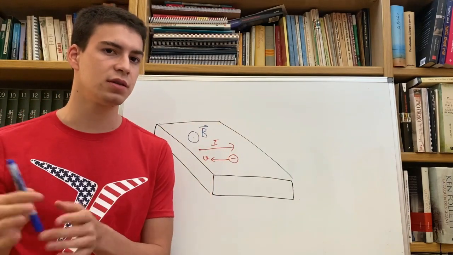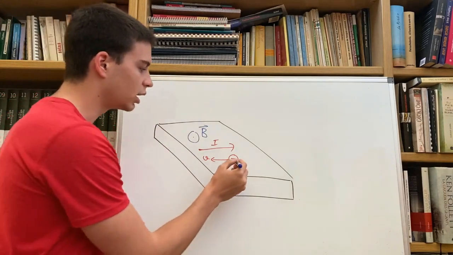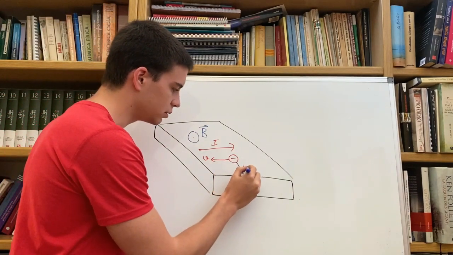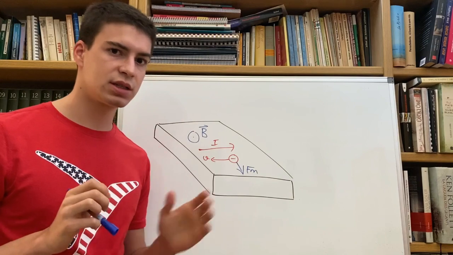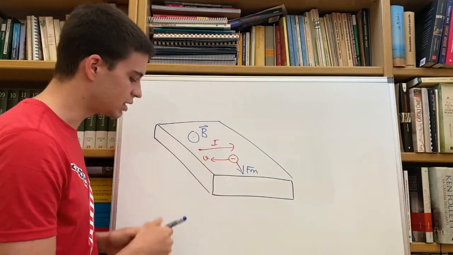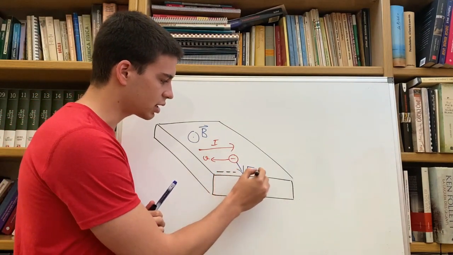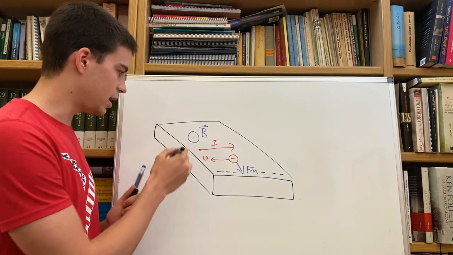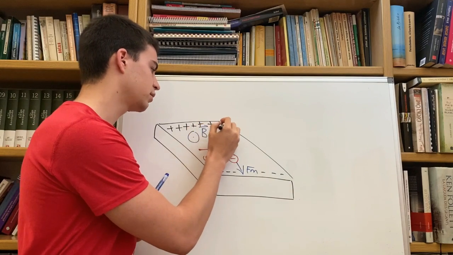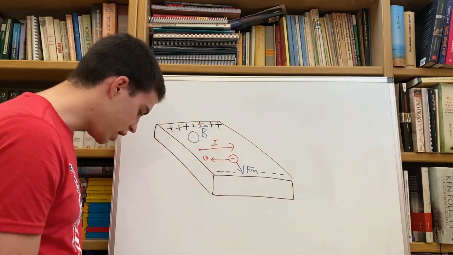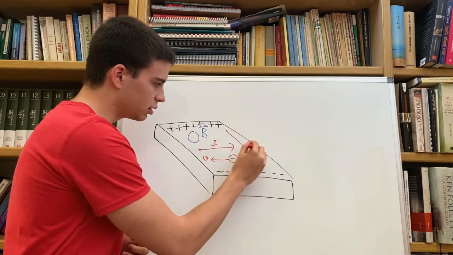However, we still need to consider that we're studying a negative particle, and this will actually change the sign of the force, making it towards this other direction. What this force does to this particle is make it move towards this side of the plate. So as we see, negative particles begin to get stuck on this side of the plate, and this makes positive particles move to the other side of the plate, just like that, creating now an electric field in this direction,